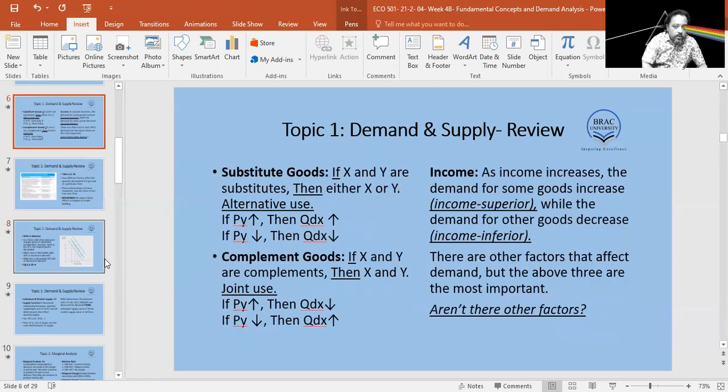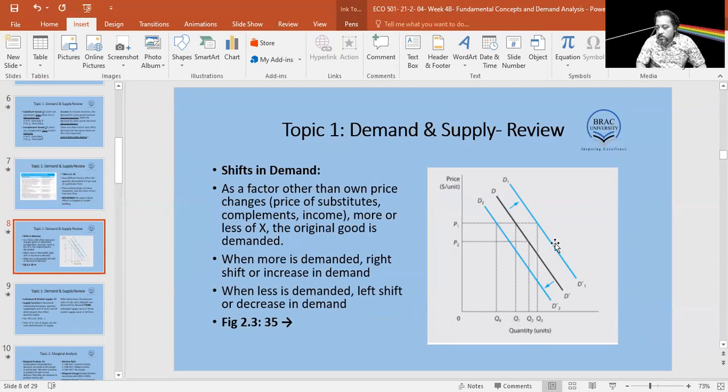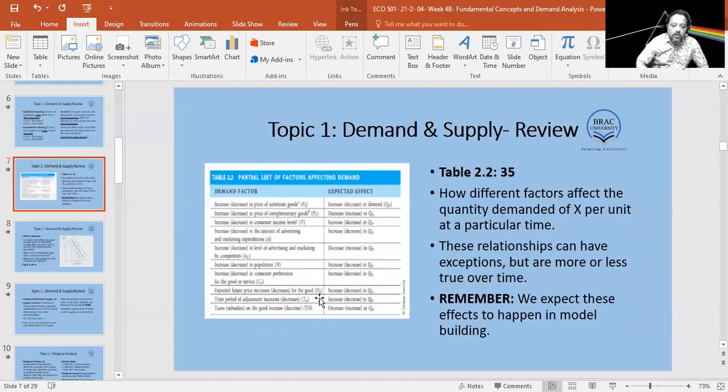So what we said over here was, if the price of a substitute increases, the demand for the original good will increase. It moves from this to here. If the price of the substitute fell, then the demand for our original good will also fall from D to D2. From the black D to the bottom blue D2. Stress on the word other than price. Based on this simple logic, we will be able to analyze all the effects over here.